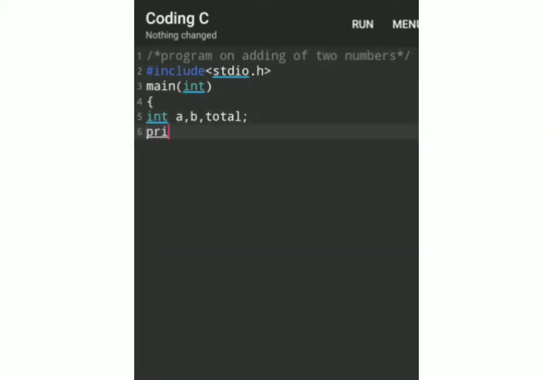Next I'll print the value. Print a value is. Next scanf percentage d ampersand a.